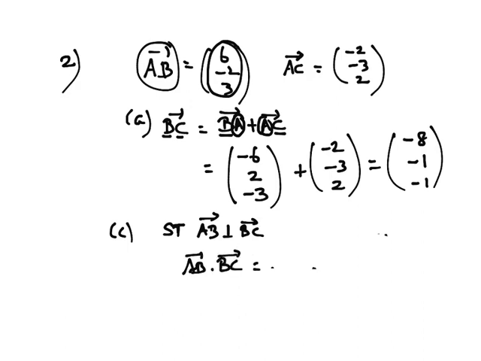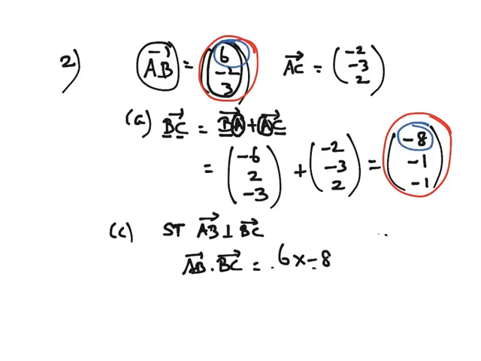So we have AB here and you have BC here. So let me find the dot product. That means I'll get 6 into minus 8. That means I'm multiplying this and this, plus I'm multiplying minus 2 and minus 1, that is minus 2 into minus 1 plus, and finally I'll multiply 3 and minus 1. So plus 3 into minus 1. So I get